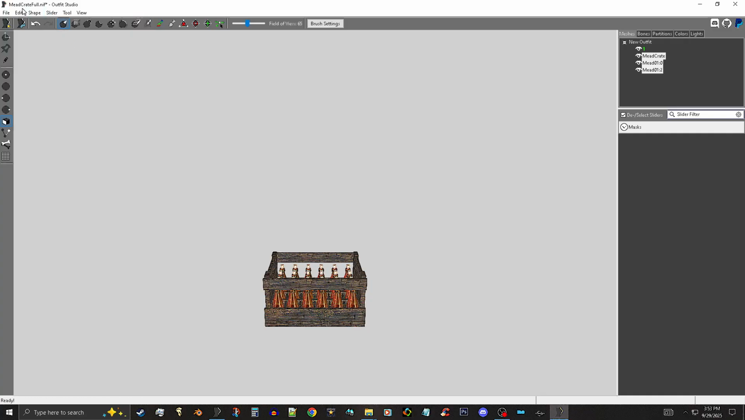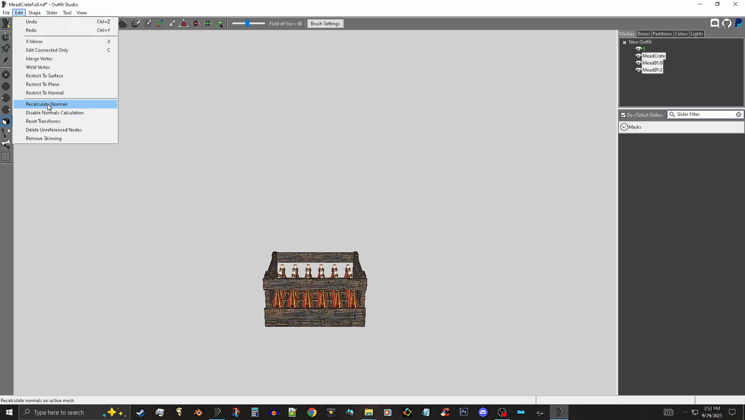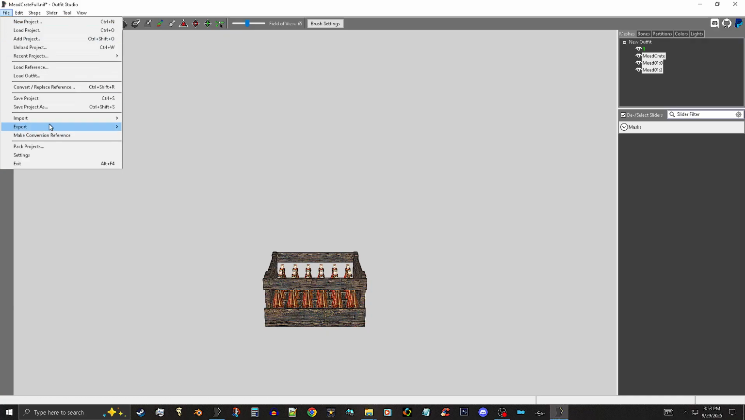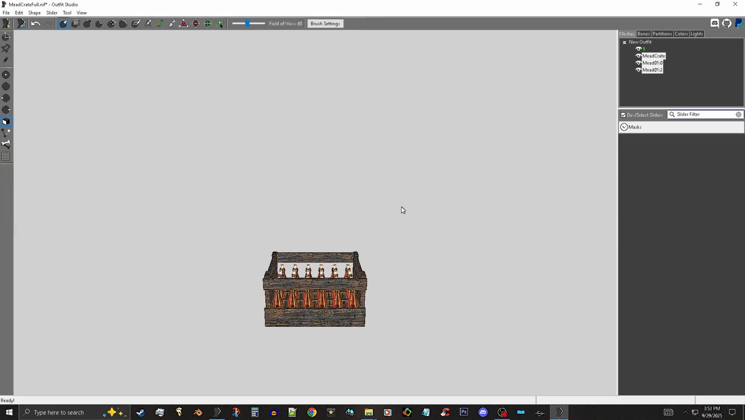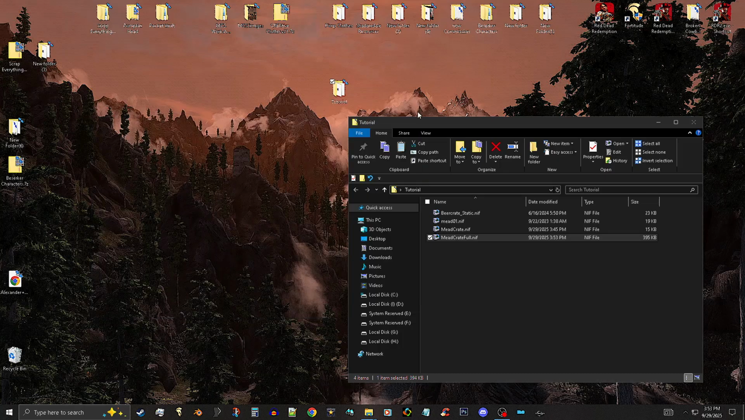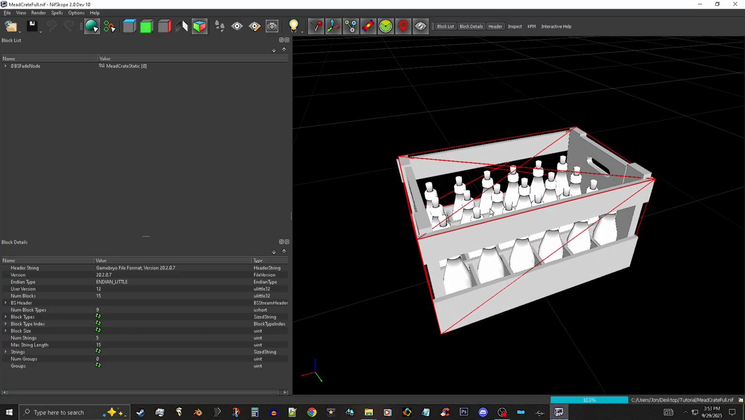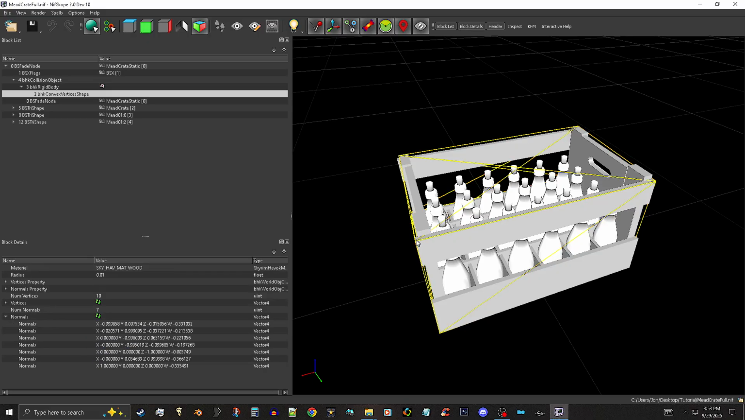That base shape. Calculate normals. And then I want to export just the NIF back to here. And we'll go ahead and close Outfit Studio and close BodySlide. Don't need it no more. I'm going to open this mesh back up, see that it has the collision. And if you click on the collision,